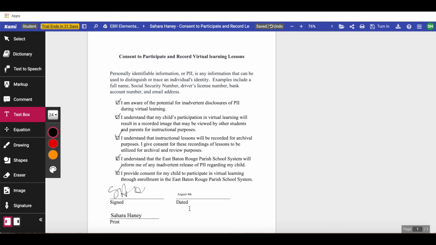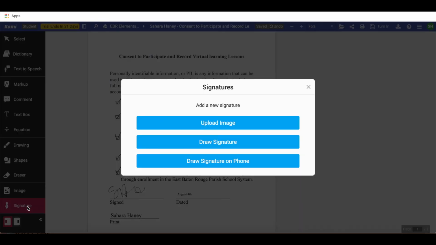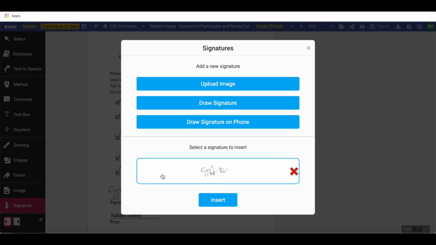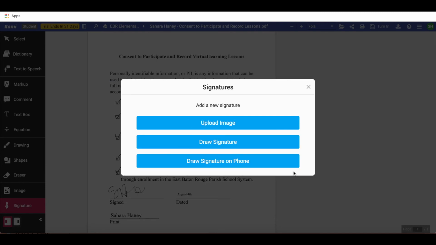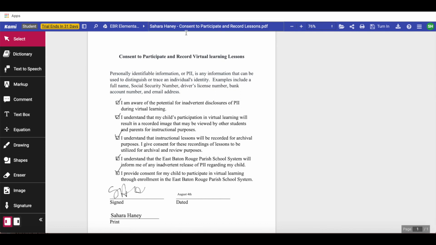Once you have signed the entire documents, make sure you remove your signature from your student's account to avoid any potential issues in the future. Where the signature button is, going back over here, you're going to click on Signature, and you want to remove the signature from your account. So you're going to hover your mouse over where your current signature is, click the X, and the signature has now disappeared and is removed off of your account. Close out of this box once more, and your document has now been signed,